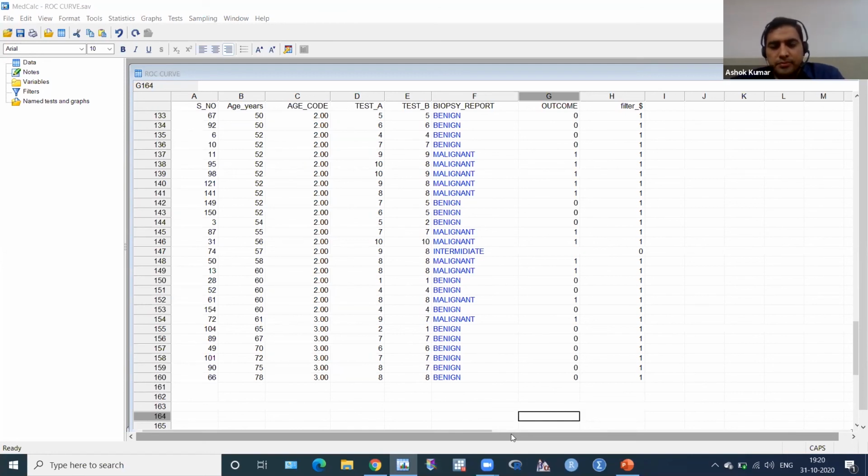A question from Dr. Aditya Prashad: what to do with the missing data? Okay, missing data. If you don't include the missing data in analysis, it is called per protocol analysis. But if you want to keep these missing data, then it is called intention to treat analysis. Then you have to do something in SPSS. There is a button you can see, on how to handle missing values.